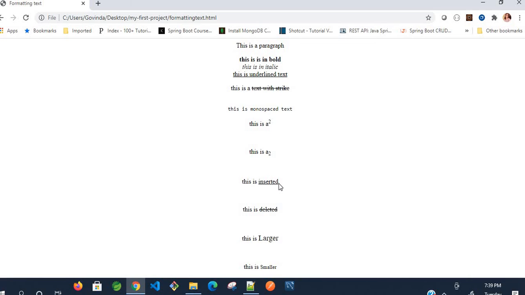Okay, the word will be underlined here like inserted. This one is deleted, DEL tag we use here. Okay, deleted means this is cut off. Okay, then the big tag is used to display the text +1 size. Whatever the font size you have, it's going to display +1 size. Okay, and here one size lesser than the other text. These are the formatting tags in HTML.